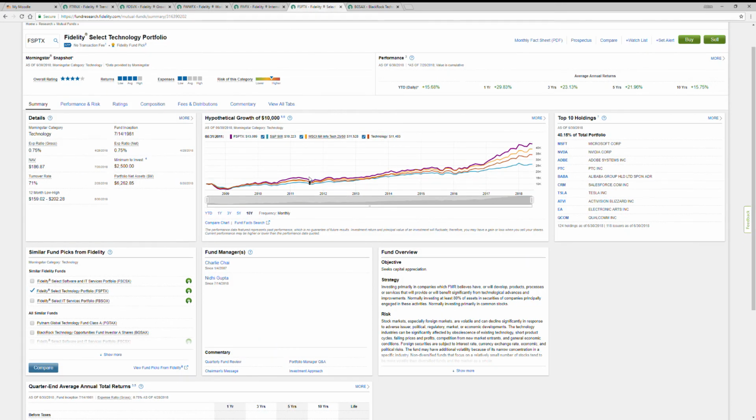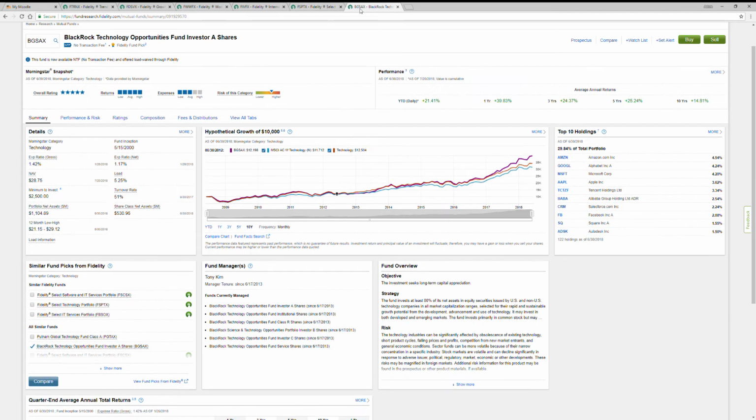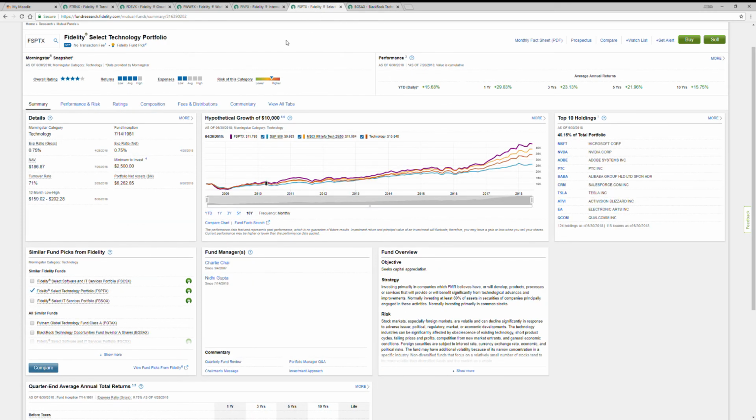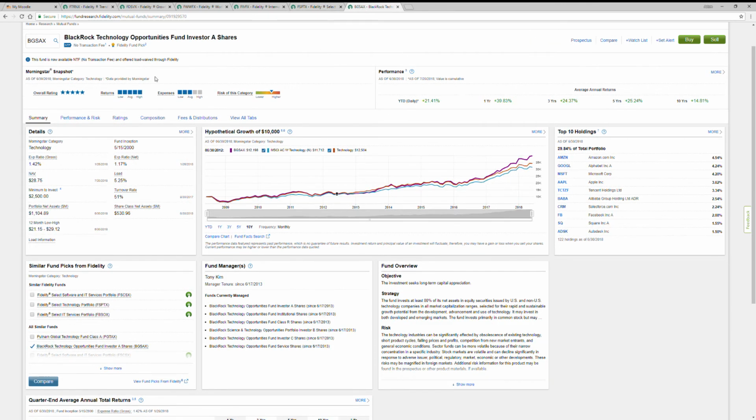So finally, we're going to have the sector funds. Like I said, I didn't really worry about the category rating or the overall ratings with these stars. They don't tell me anything. There's no numbers in that. So I did the Fidelity Select Technology Portfolio and the BlackRock Technology Opportunities Fund, Investor A shares. I don't really know what Investor A shares means, but